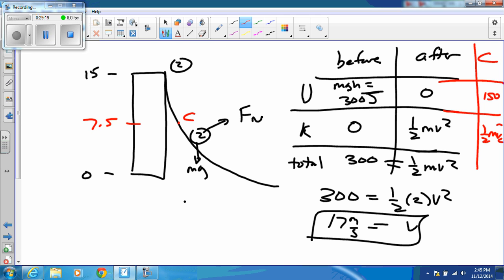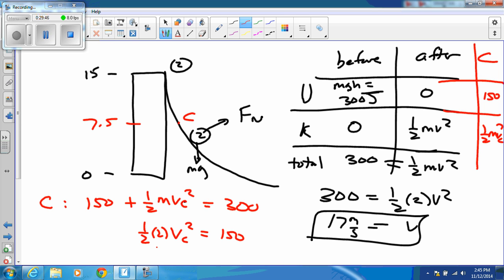And the kinetic is going to be 1/2 mv_C squared. So I set the total now at C. My total is 150 worth of potential plus 1/2 mv_C squared, and that equals the total right here, which is 300. And you just subtract, and I get, and m is 2, so 1/2 times 2 times v_C squared equals 150, and v_C is therefore the square root of 150, which is going to be,